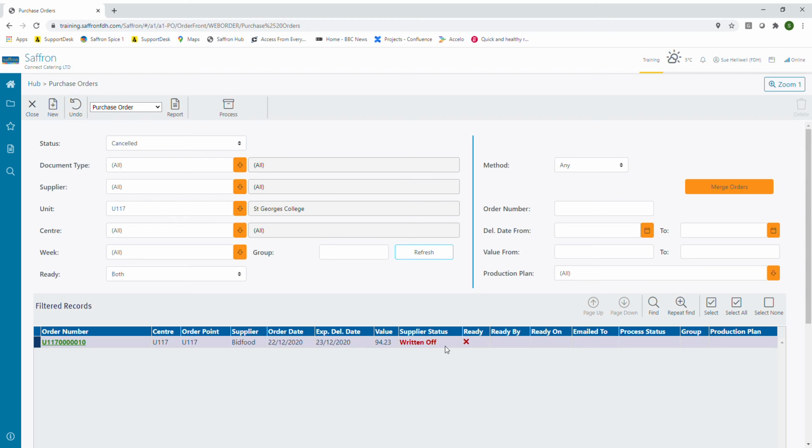Because the order had been placed, an order number had been issued, we cannot just delete the record, we have to write it off, and a record of that will always be stored in the cancelled screen. Along with that, there is a processed complete screen here,